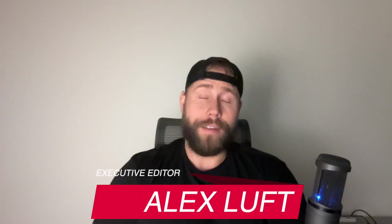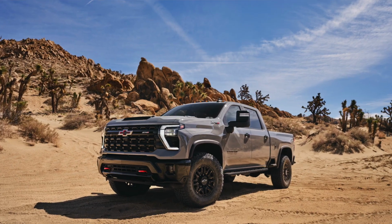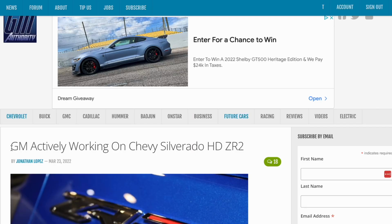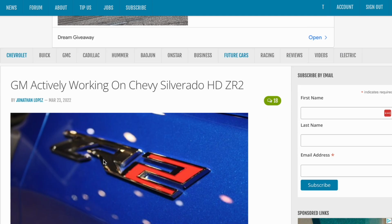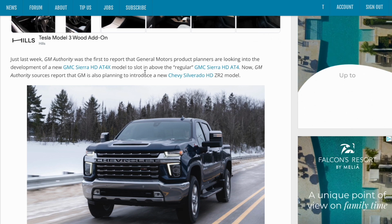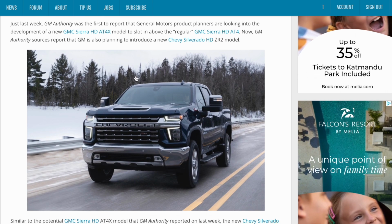Metrolix. The crew at Metrolix and GMAuthority.com has been waiting for today for a while. And that's because today Chevy has finally revealed the 2024 Silverado HD ZR2 as well as the Silverado HD ZR2 Bison. Now, some of you may recall that way back in March of 2022, that's over a year ago at this point, GMAuthority.com was the first to report that GM was planning to bring a ZR2 version of the Silverado